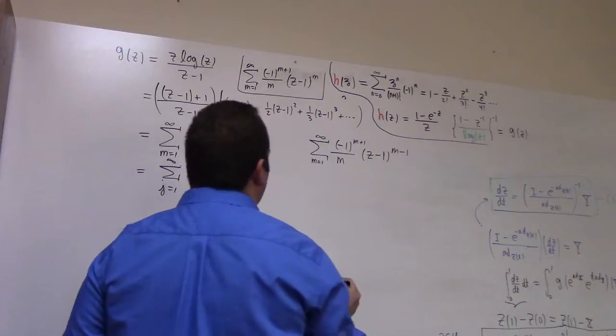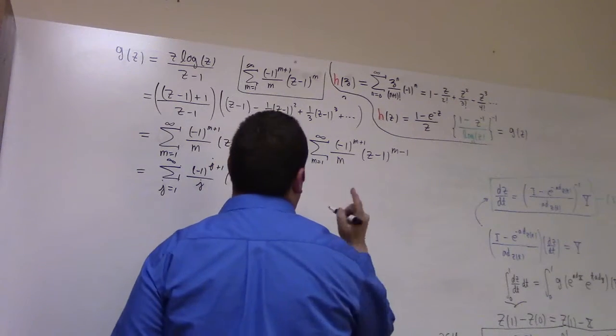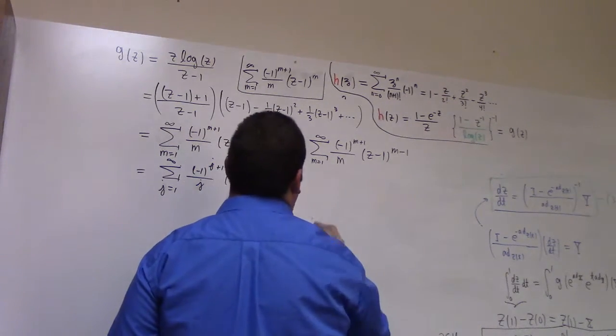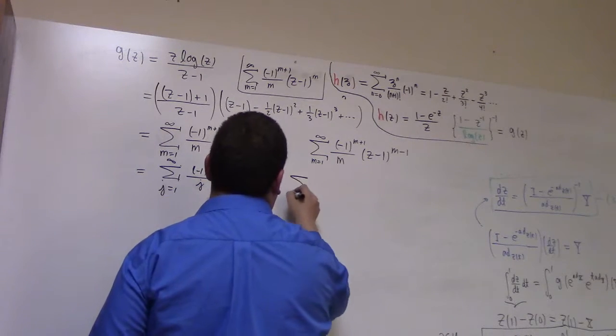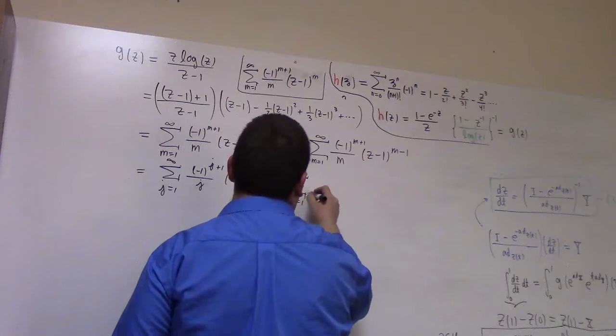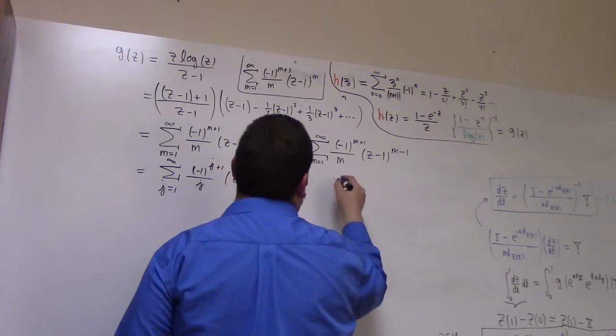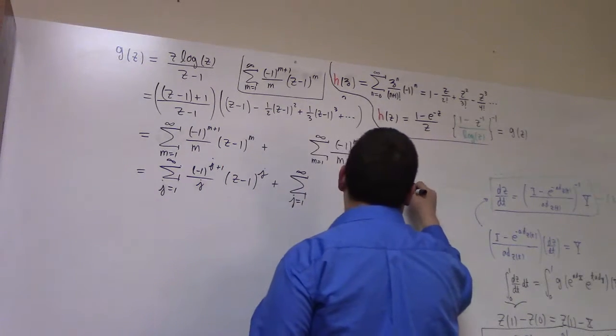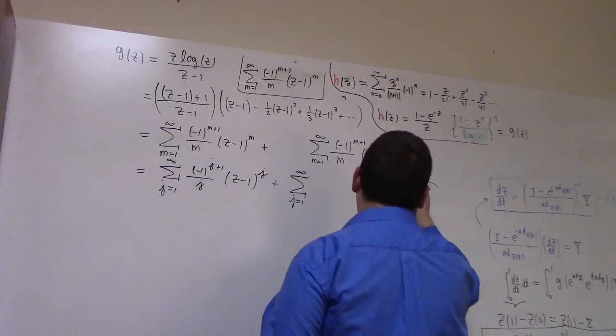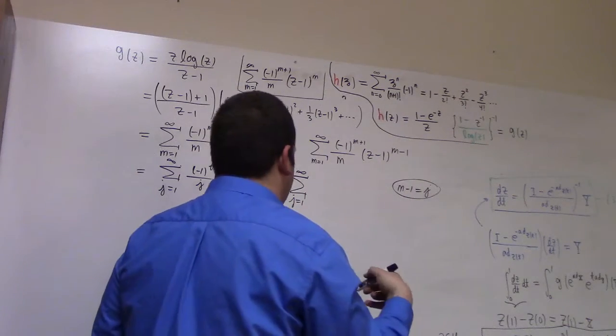And then this I'm going to start, see this actually starts at 0 now, right? So I'm going to say j equals 1 to infinity, and here I'm going to let m minus 1 equal to j, all right? So with that adjustment,